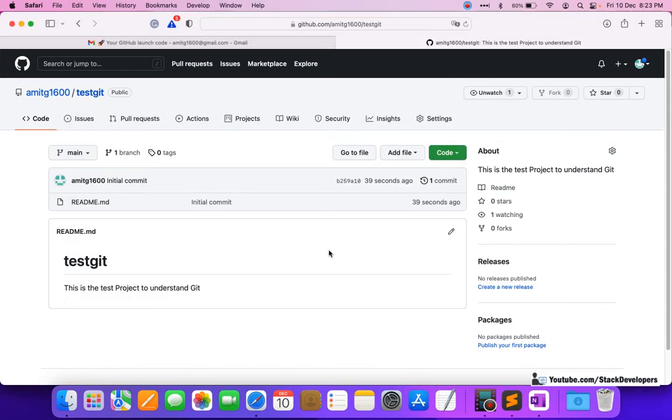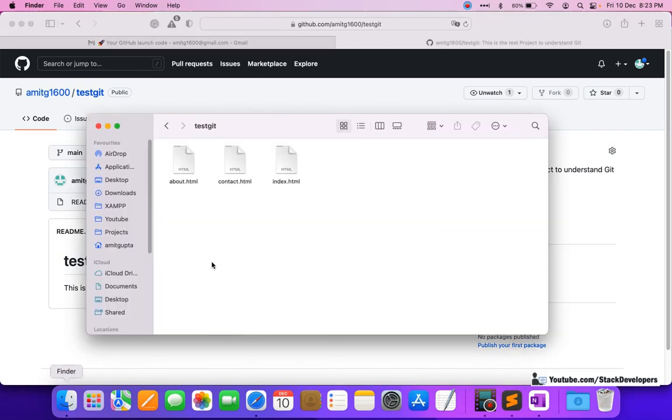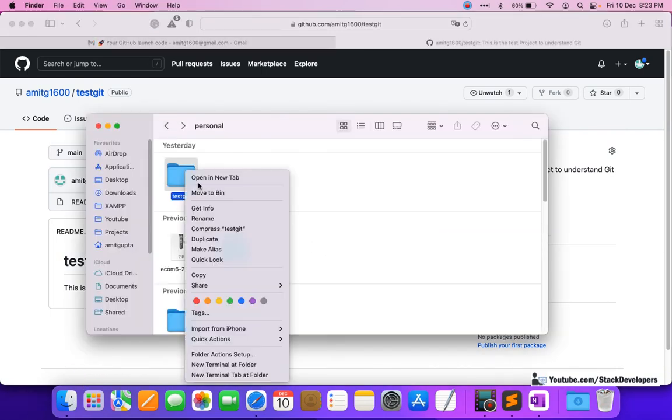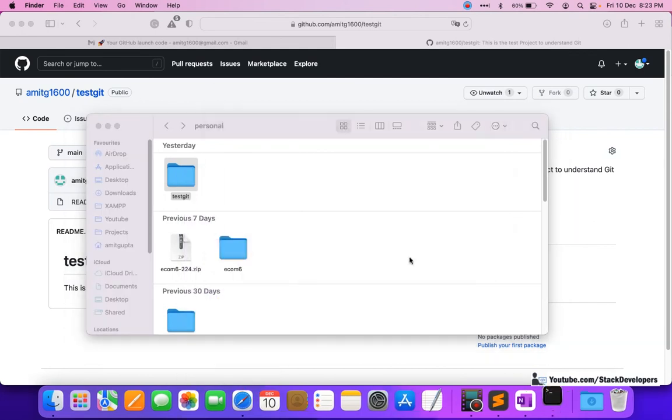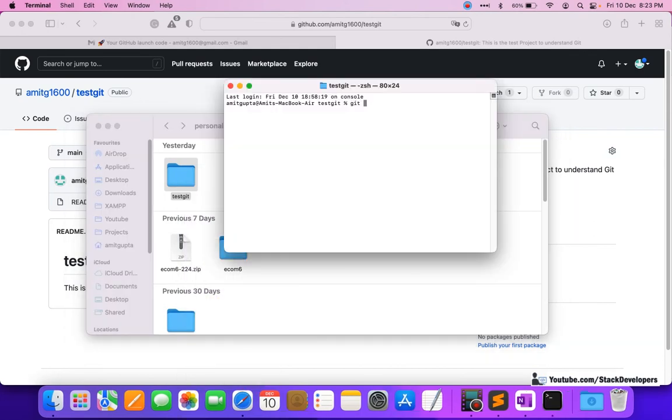But before that we are required to give one more command. I am going to tell you. So see here, I will go to my project and right click on this one, new terminal at folder. Here I am going to check the first command, git status. Every time I check the current status of my project. It is saying that there are no changes; all the code is committed actually. So there is no file pending. All the files are committed.